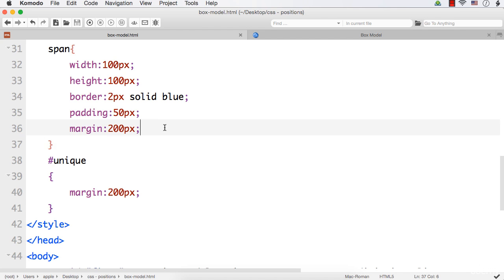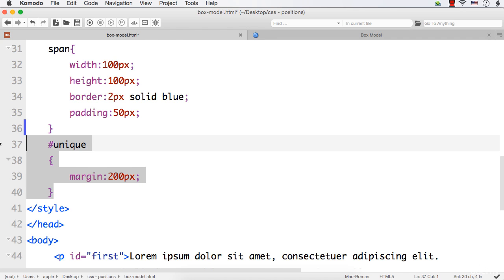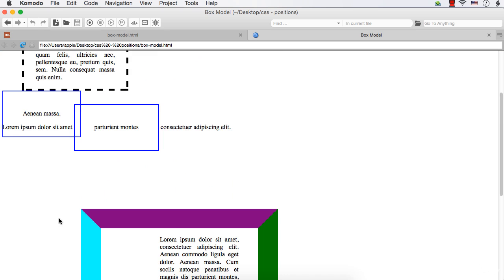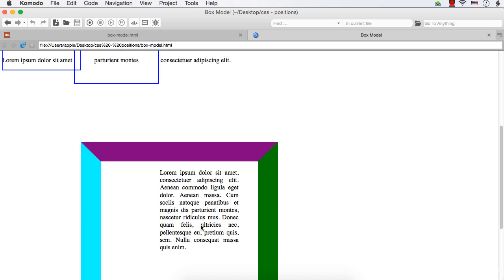Now let me remove this margin for the span element and also this one and save, refresh. Now what will be the width of this element? Now the width will be the width of the left margin, width of the left border, width of the left padding, width of the content, width of the right padding, width of the right border, and also width of the right margin.